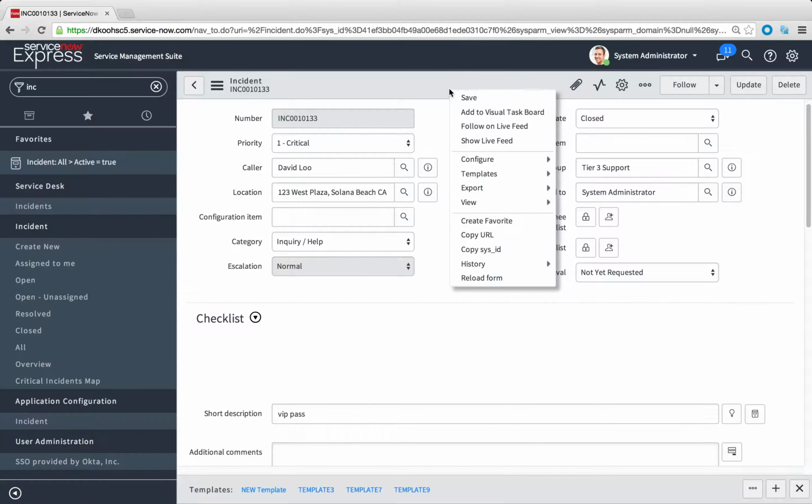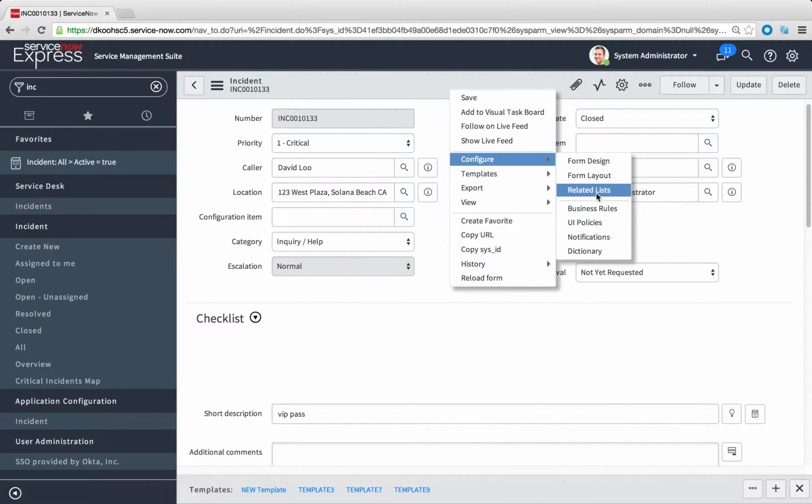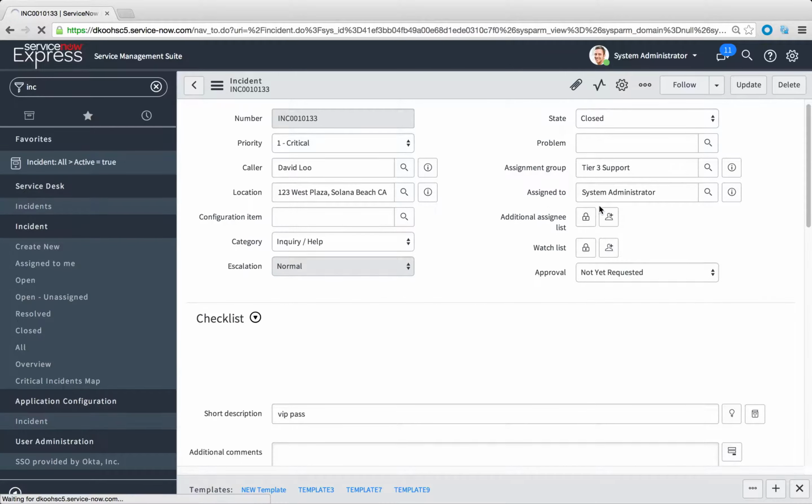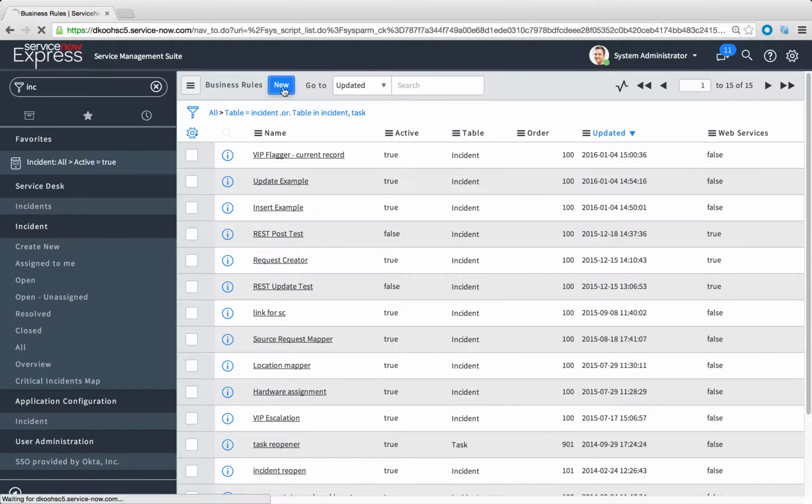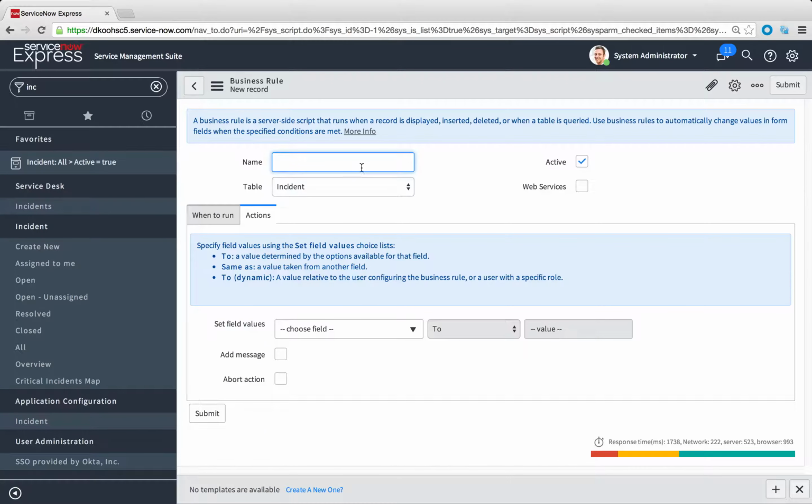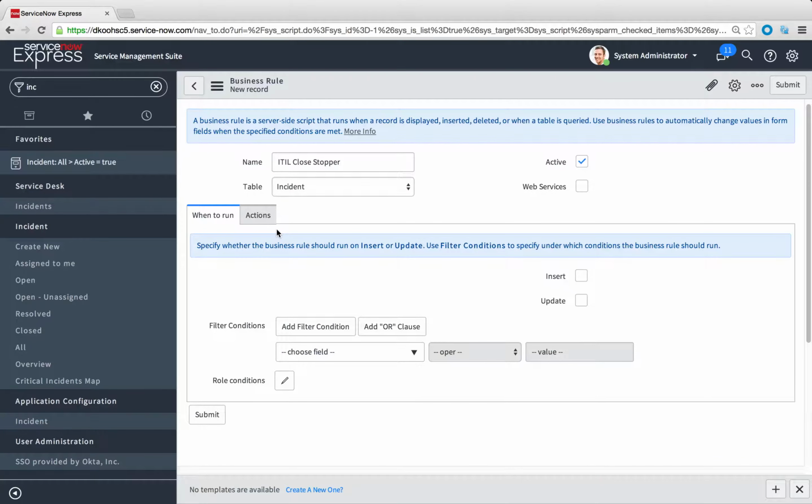I'm going to go to Configure, and I'm going to go into Business Rules. I'm going to create a new one, once more. Now this new rule is going to be my ITIL close stop. What we're going to do is first decide when to run. So here I'm doing it based off a role, ITIL. I could actually make this really simple by just specifying a role condition. Anytime the user has the ITIL role on insert or on update, we're going to go ahead